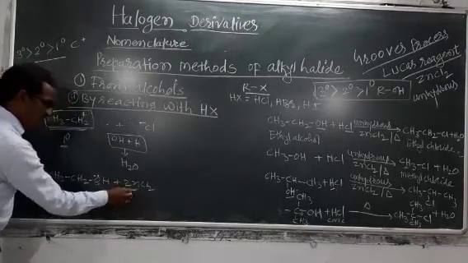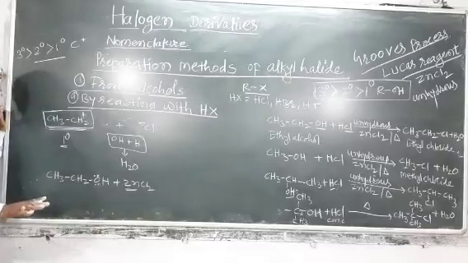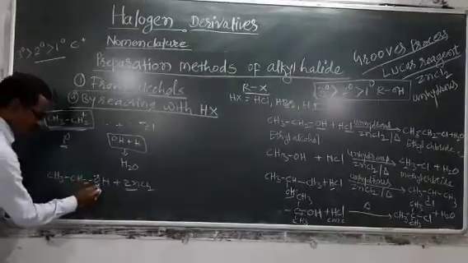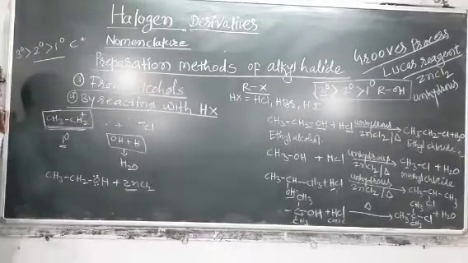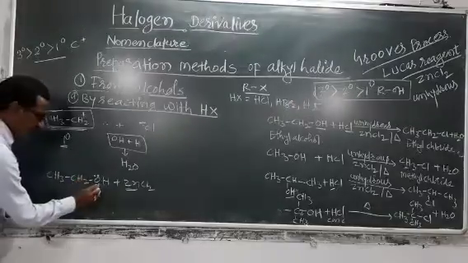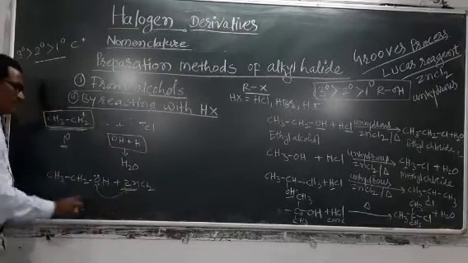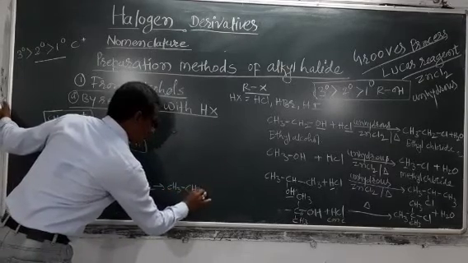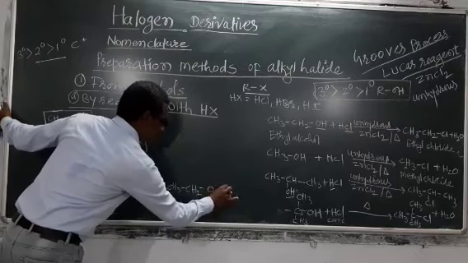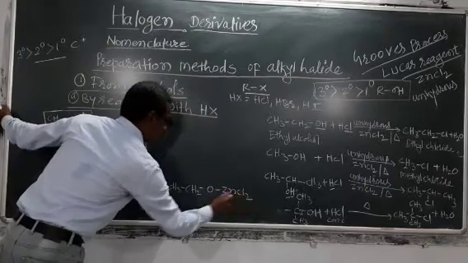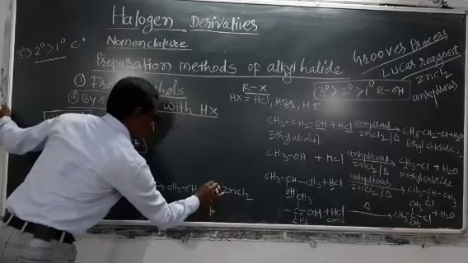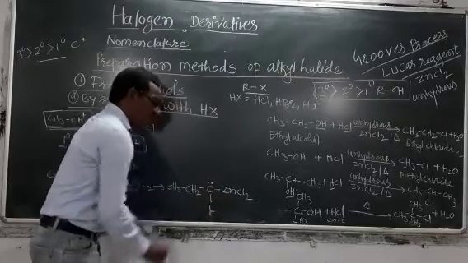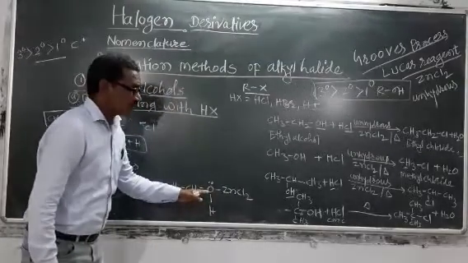Zn accepts a lone pair of electrons. Why does it accept a lone pair of electrons? That is another part; I will not explain it here. Just remember that a Lewis acid accepts a lone pair of electrons. The reaction will give CH3CH2O with ZnCl2 and H, with a lone pair of electrons again. In this reaction, this carbon atom has lost 2 electrons.